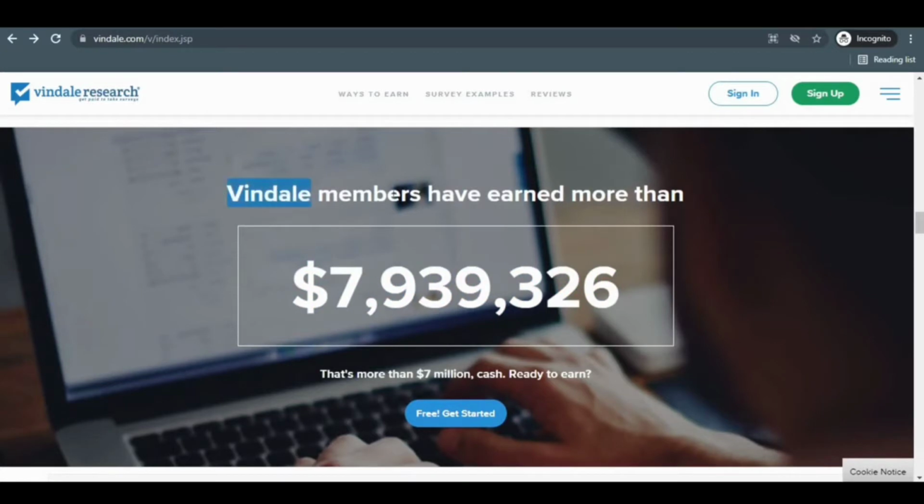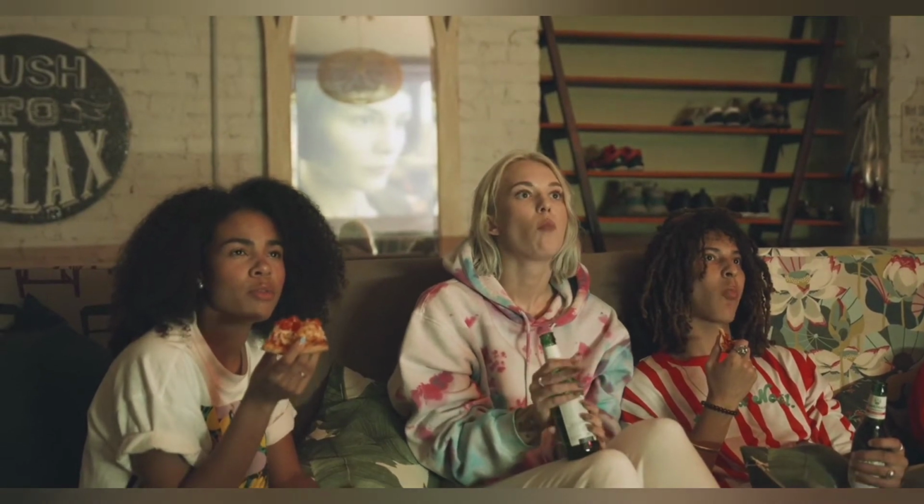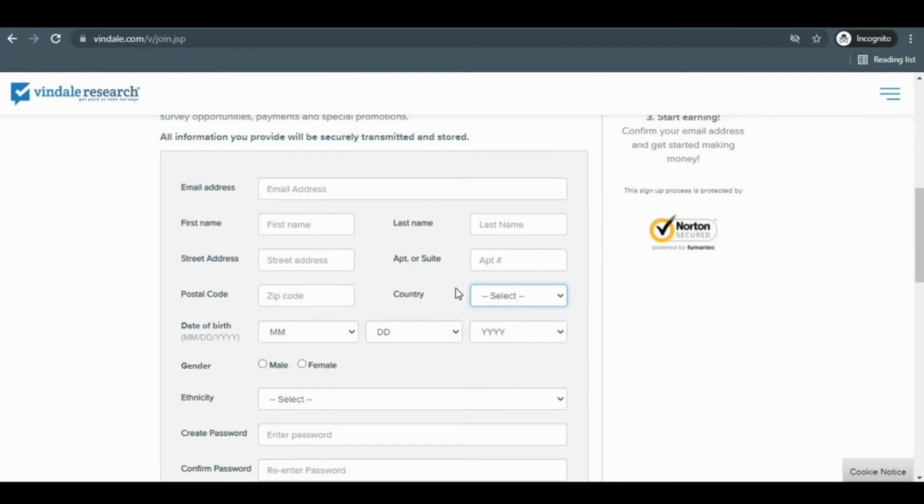Before we get started, the sign-up process on this website is a little bit tricky because users from the United States, Canada, United Kingdom, and Australia are the only eligible countries. But if you are not from one of these countries, I will show you a way to sign up for free. So please pay full attention and listen to everything I'm going to say in this video so you can do it correctly. If you are not from any of the countries mentioned above, you will be stuck in this